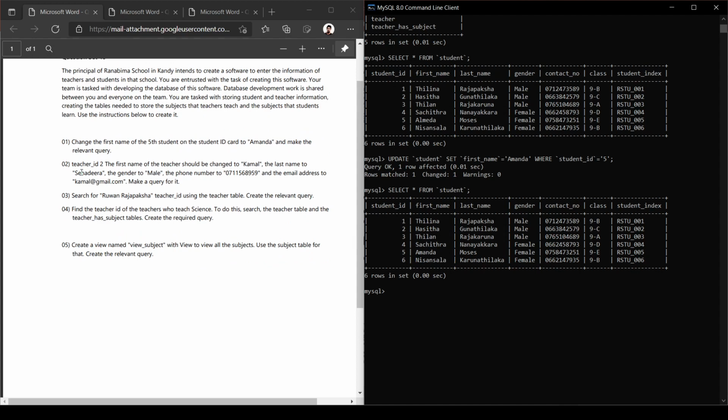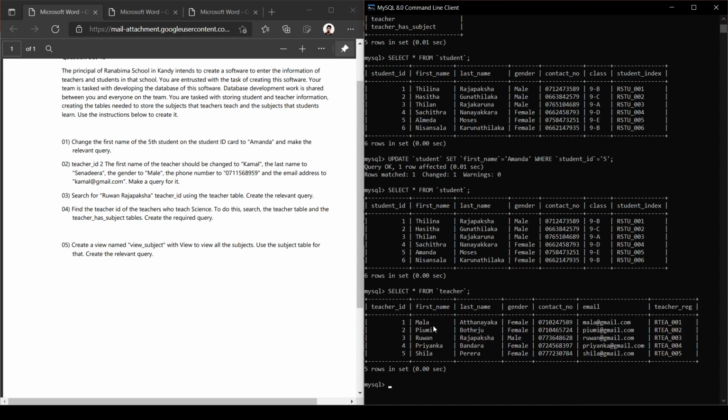Teacher ID 2. The first name of the teacher should be changed to Kamal, the last name to Senadir, the gender to male, the phone number to this one, and the email address to kamal@gmail.com. Make the query for it. Okay, let's see what data already exists in our teacher table. Let's write a select query, select asterisk from teacher. Okay, here